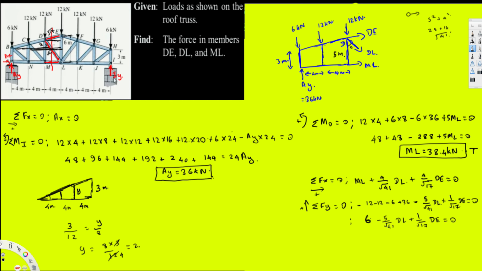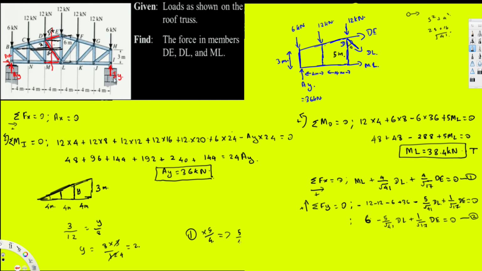So if you see, we have different values here, like this one is 5 over root 41, but this is 4 over root 41, but plus minus. So what I can do is, let's say this is equation 1, this is equation 2. If I multiply equation 1 by 5 and divide by 4, I can get rid of this 4 and multiply by 5. So if I do that, I will get